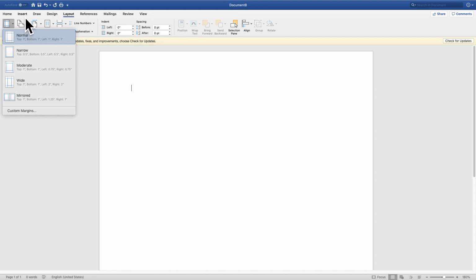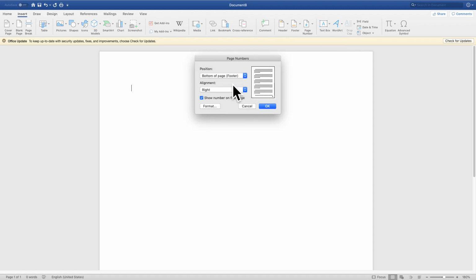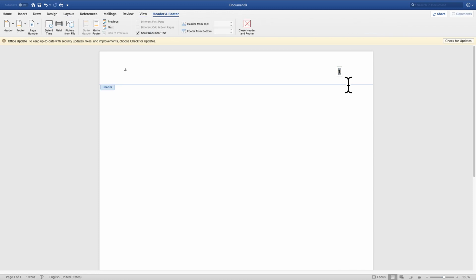Now it's time to start adding or inserting our header. Now, this could be a little confusing because I just called it a header, and it is a header. However, an MLA header includes the student last name and the page number. So for MLA, we use the page number tab here. We're going to select page number, and an MLA header goes at the top of the page, so we select that, and over to the right. It gives us a number, but we have to add your last name. So let's go ahead and do that